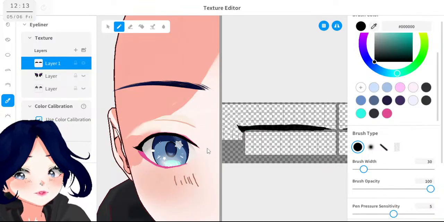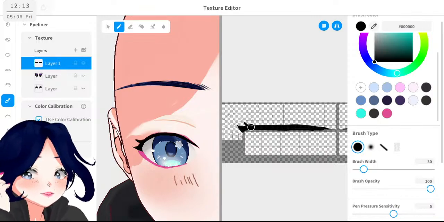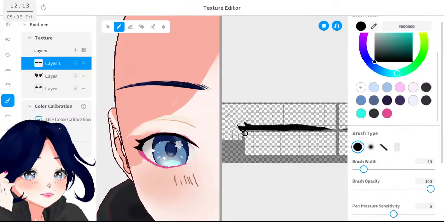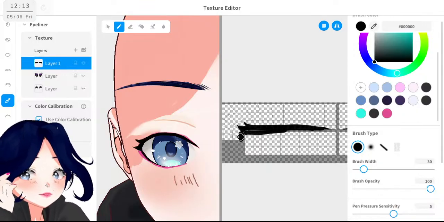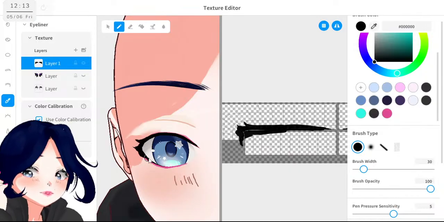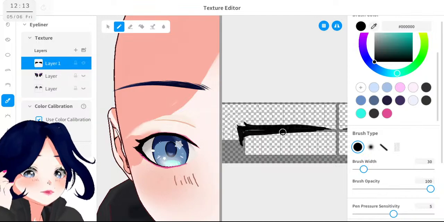Oh wait, maybe I should look into the base stuff they have under here. Like that.